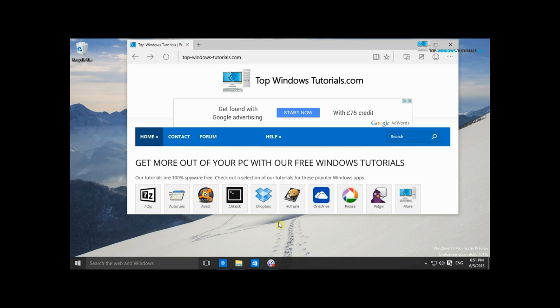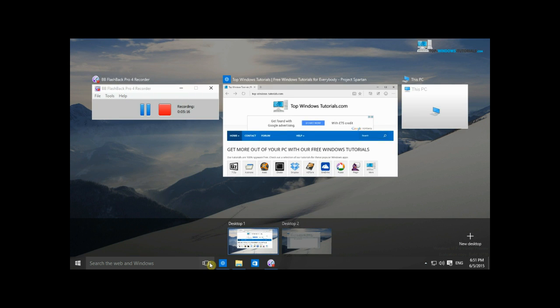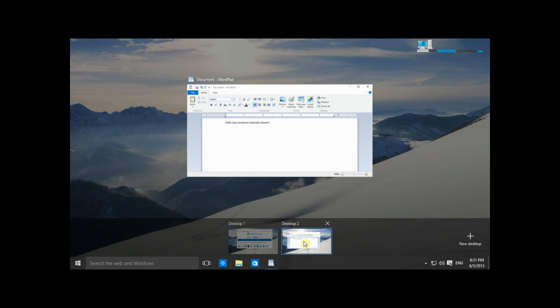It's possible to move programs that are already running between your virtual desktops too. To do that, click on the Task View button again and go to the desktop where the program is running, but don't actually click on it. Now find the large thumbnail that represents the program's window, right click on it and choose Move to, and then select the desired virtual desktop. Or you can create a whole new one if you want to. So I'll move this to Desktop 1,